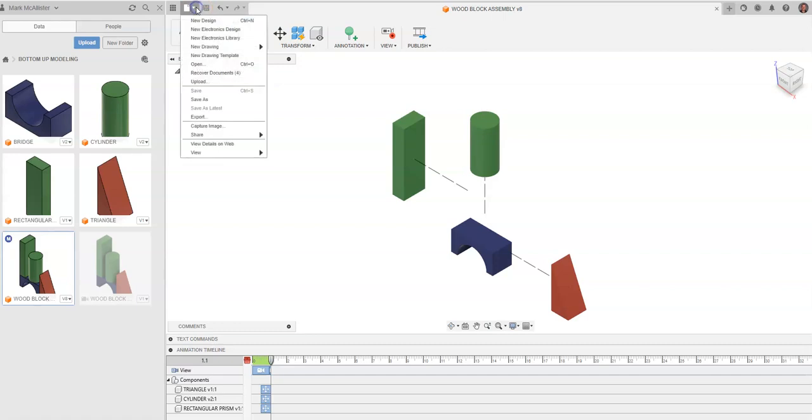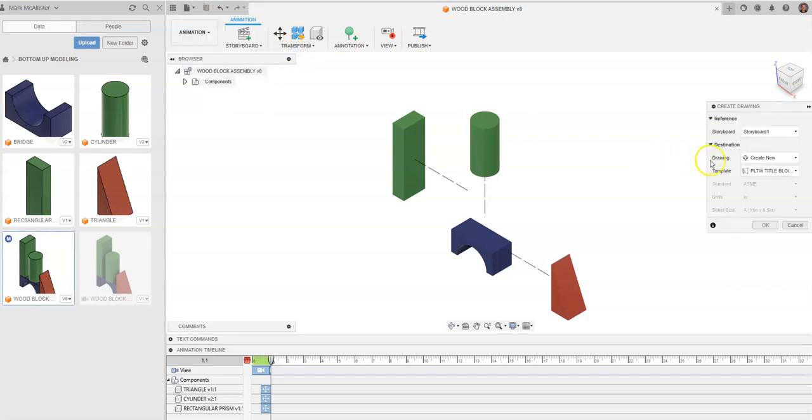So what we're going to do is go up to File, and go down to New Drawing from Animation, and it's over here. It's going to say Storyboard 1. Now we could make different storyboards. I didn't go into making different storyboards, but you could have this rotated a different way. You could have different exploded things going on, but we only really had one storyboard within this,